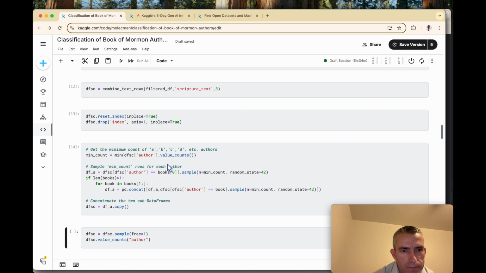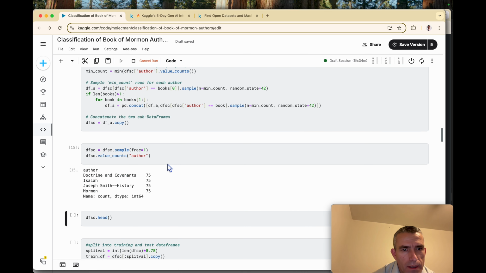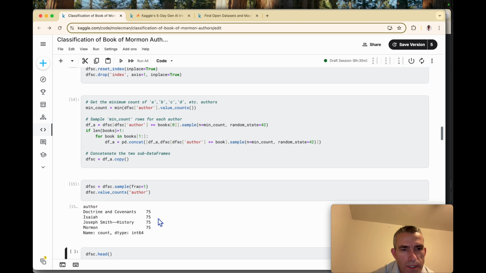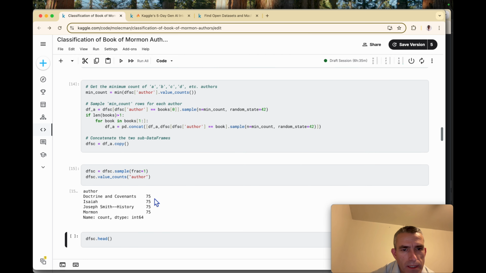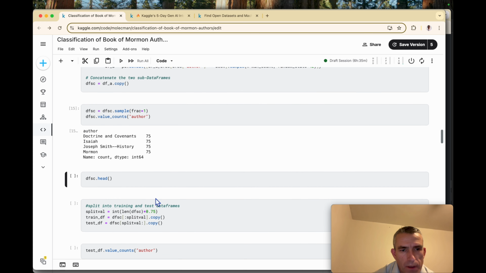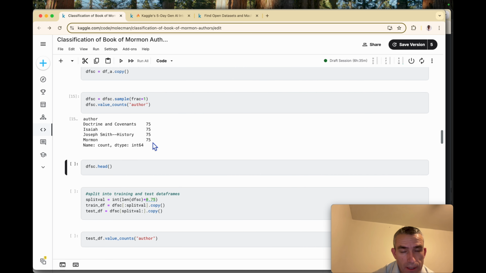So I've got here, after I've put those together, basically 75 3-verse scriptures for my sample to choose from, or to train. So that's a really small amount compared to what was used to train the large language models.